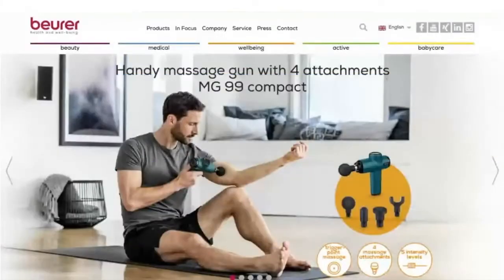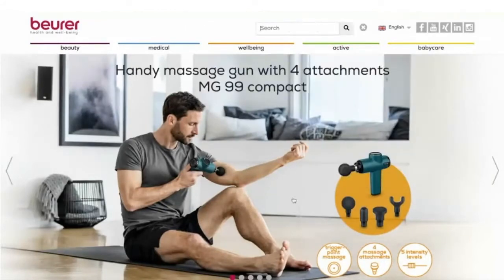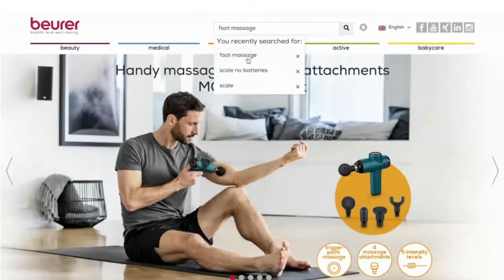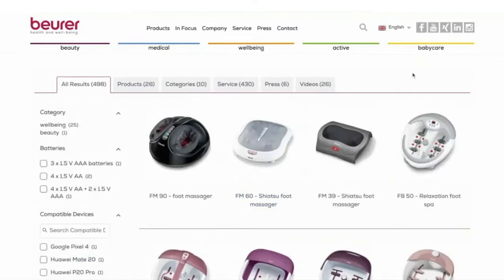So I'm just starting with this client of ours, Boera, and they're selling all sorts of well-being equipment. And just to give you, yeah, I've tried a few already, obviously preparing for this. So you can look for a foot massager, and obviously that, or just foot massage actually, and then we'll bring up all the foot massagers as you can see, and then